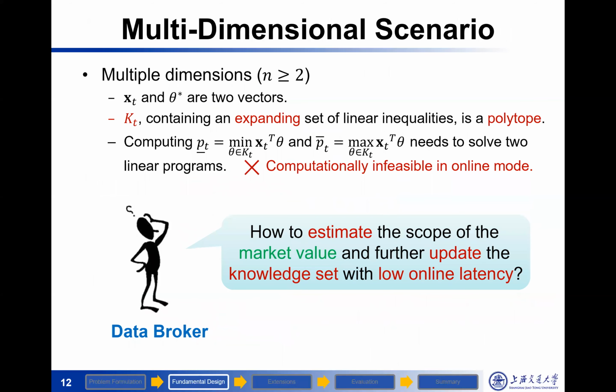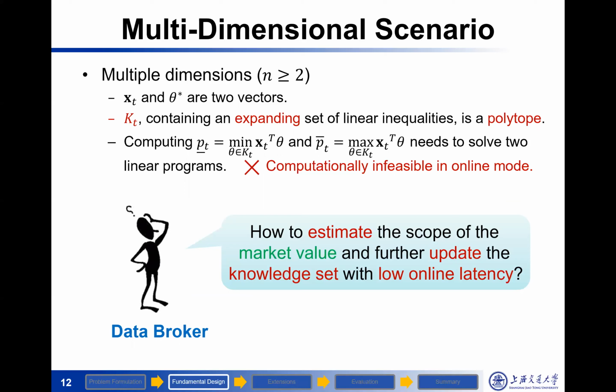We further consider the multi-dimensional case. The holistic process is the same as the one-dimensional case. The difference is the format of the knowledge set k_t, which now contains a set of linear inequalities and expands with the round number t. Thus, k_t can be viewed as a polytope in geometry. In addition, computing two bounds on estimating the market value needs to solve two linear programs, which is computationally infeasible